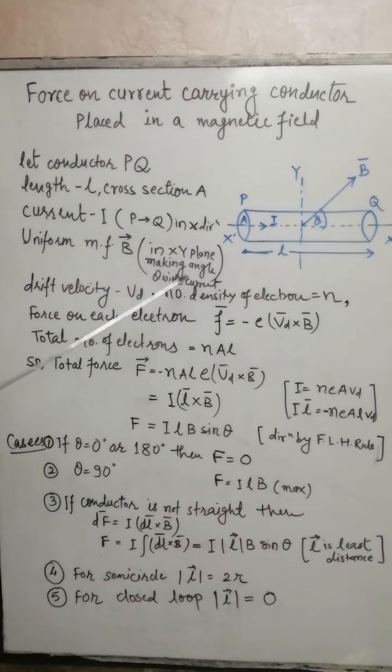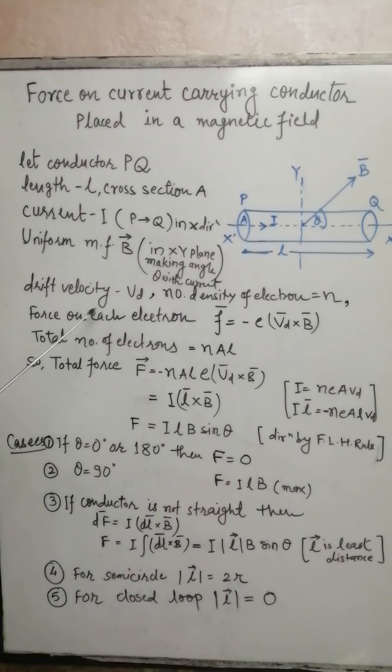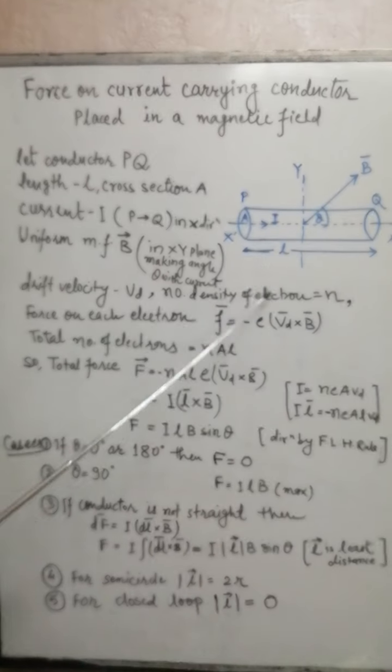So we know that when a charge enters any magnetic field, it experiences a force called Lorentz force. So the force on each electron F is given by QVB. Q is the charge, here the charge of electron is minus e, so F is equal to minus e V cross B, where V is the drift velocity cross magnetic field B. So this much force is experienced by each electron in this conductor.